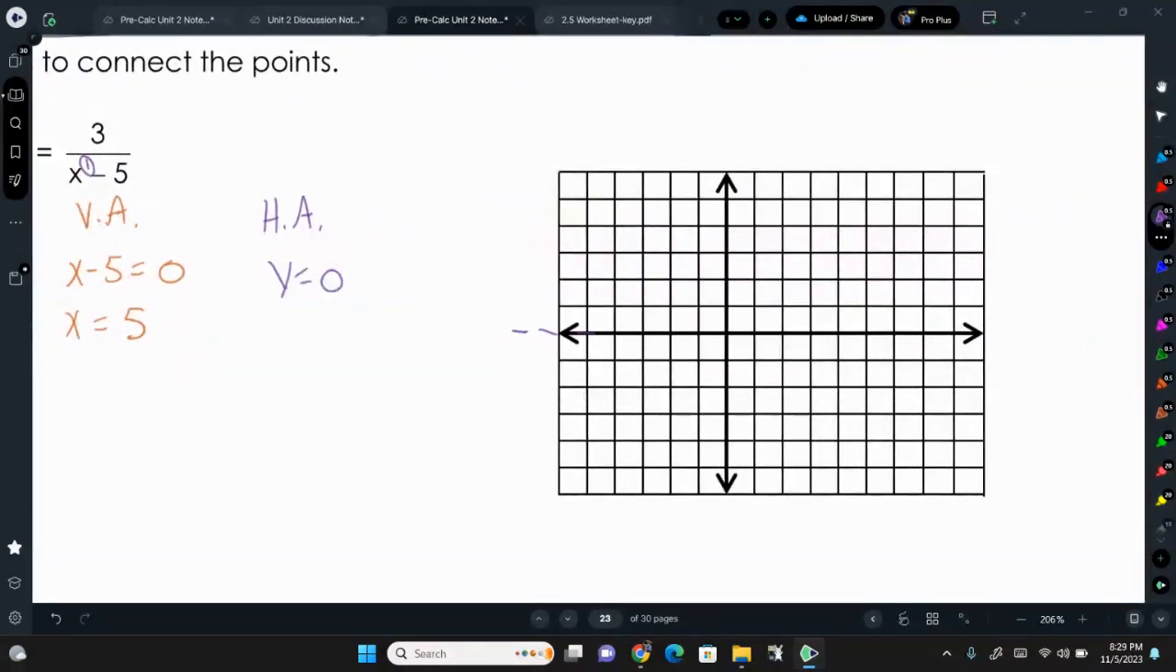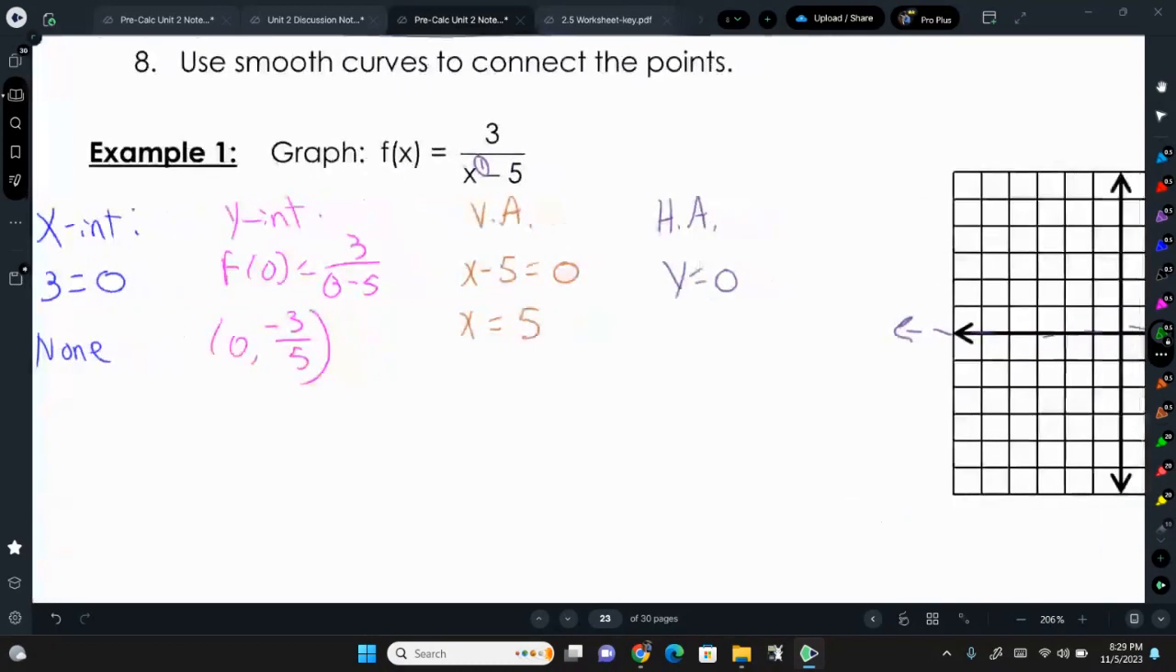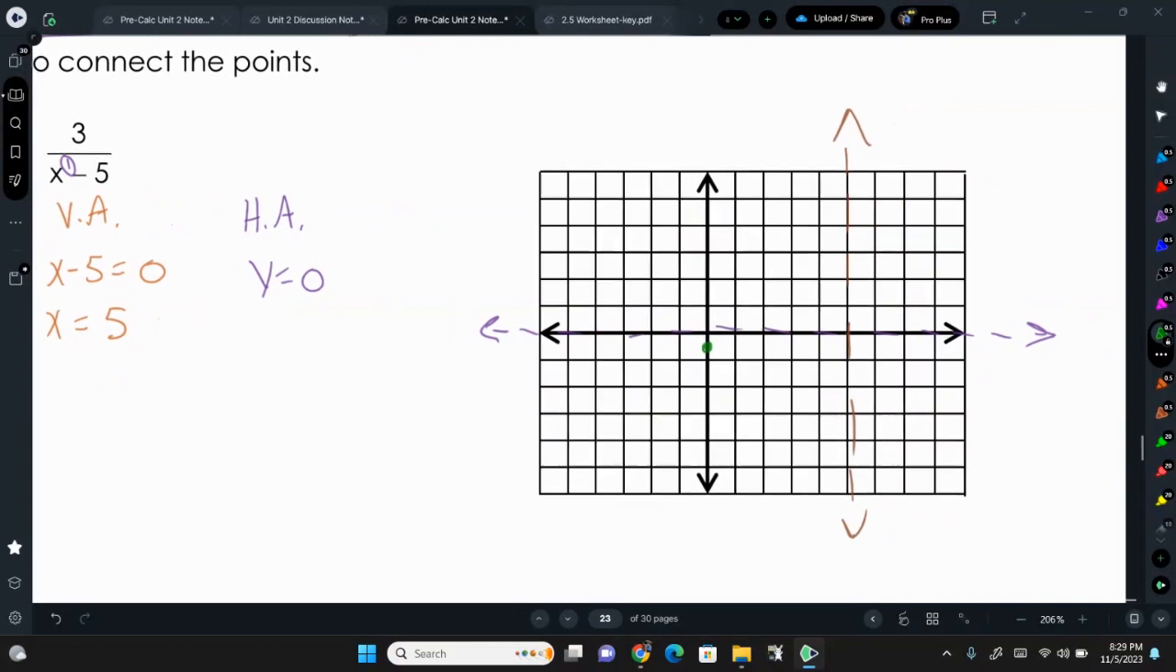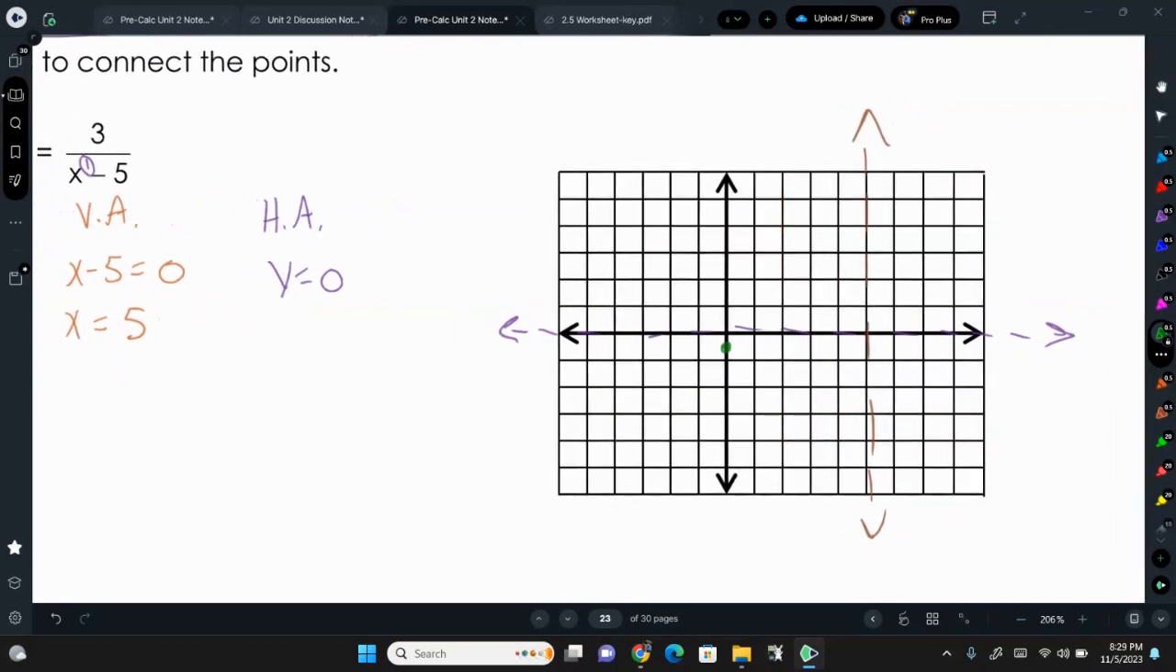So let's go over here and plot our information. Horizontal asymptote, y equals 0. Vertical asymptote was x equals 5, so 1, 2, 3, 4, 5. Then our y-intercept was 0 comma negative 3/5, so right around there. Now we have to figure out which direction this goes in, because one of the other new things for PreCalc,